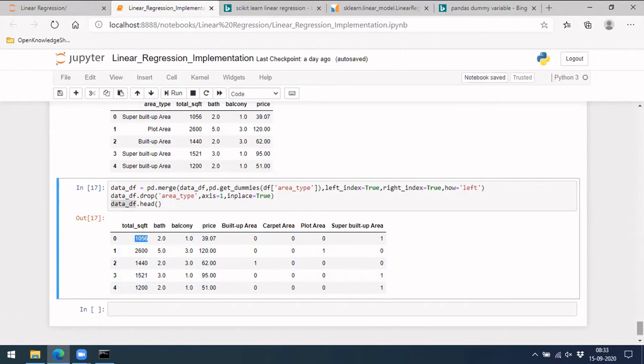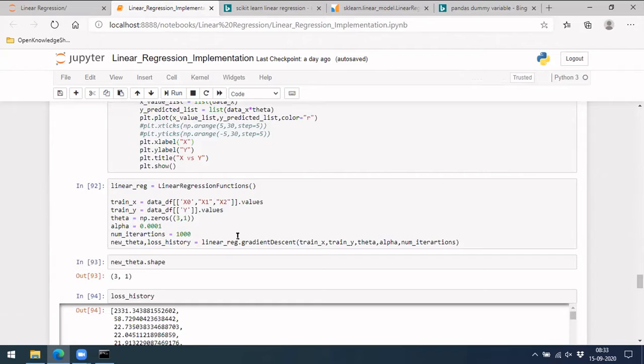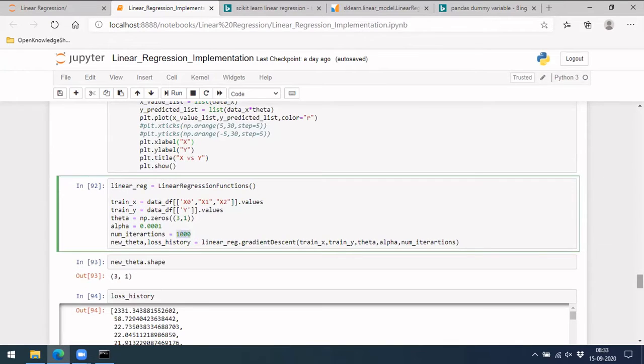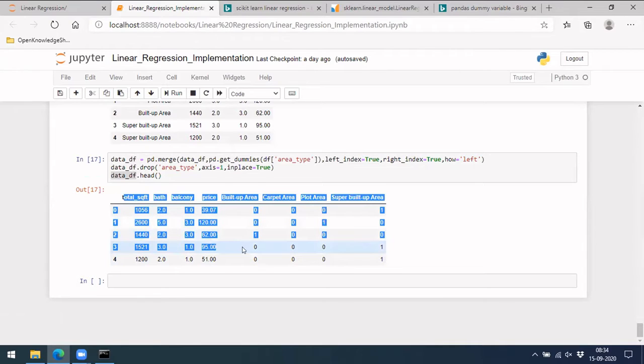So in our case it may have taken some 1,000 iterations. But if you scale everything down to the same scale, in the sense all are within 10 or something like that, then it may take not 1,000, just 100 or 200 iterations. That is possible, and this has been researched and published, so it is recommended to scale all your variables to the same level.